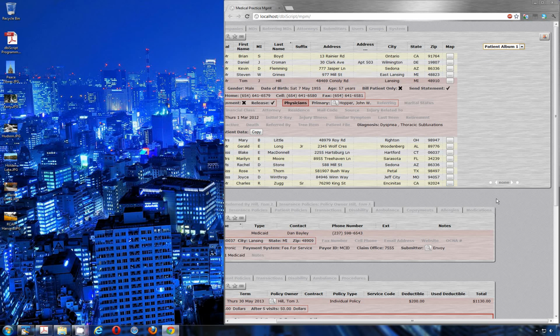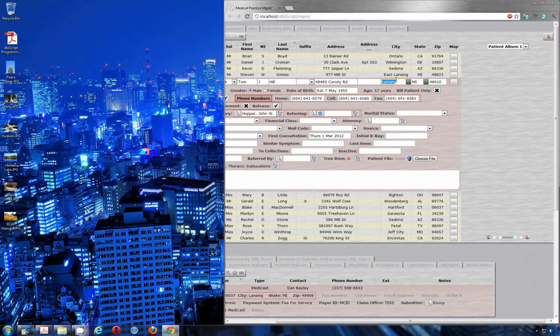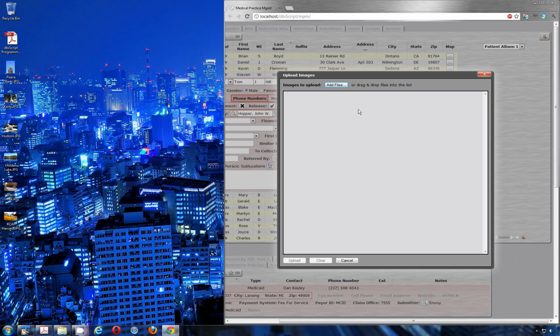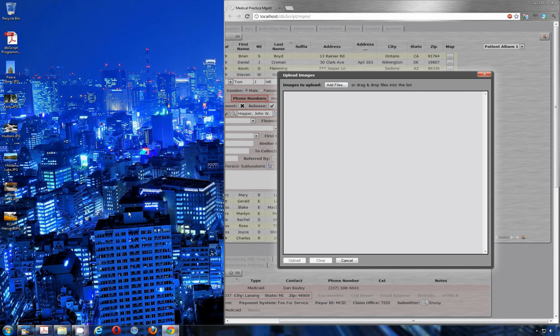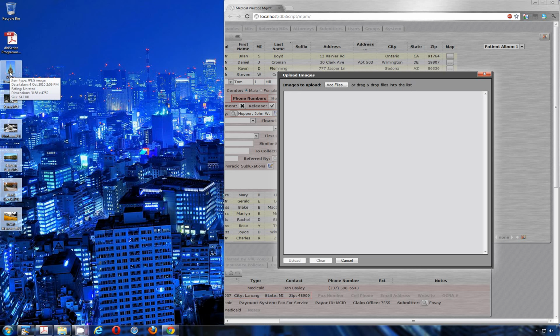The selected patient does not currently have any photos in this album. To add some photos to this patient's album, we'll edit the record and then click on the Add Photos icon. Now we can either click on the Add Files button and select files using the browser's built-in file selector, or we can drag and drop files from the desktop or from anywhere within the operating system file selector into the